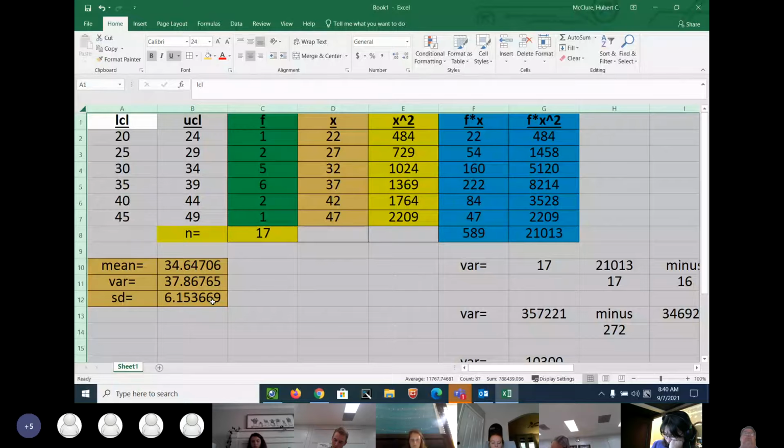You never, ever say, okay, the mean is 34.64, so I'm going to make it 34.7 or 34.6. You don't do that in the middle of the problem. You carry everything out to 5 or 6 digits. And then at the end of the problem, when you're fixing to type in your answer, that's when you round. Does that answer your question, Ms. Newsom? Yes, sir. Thank you. Okay.